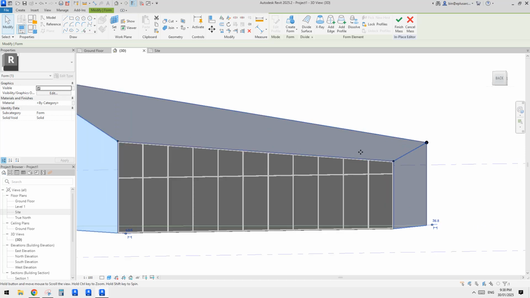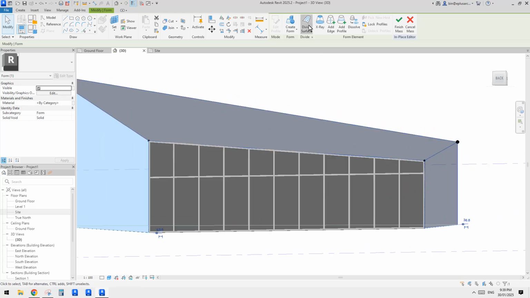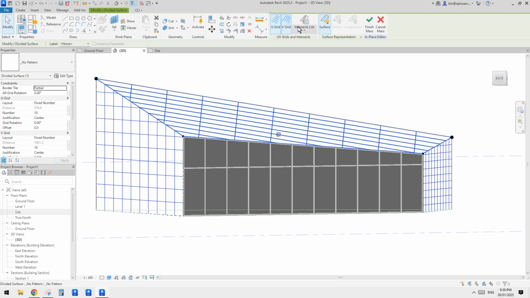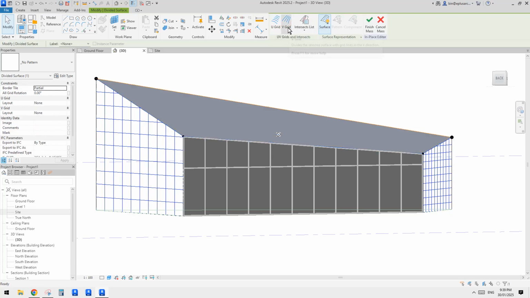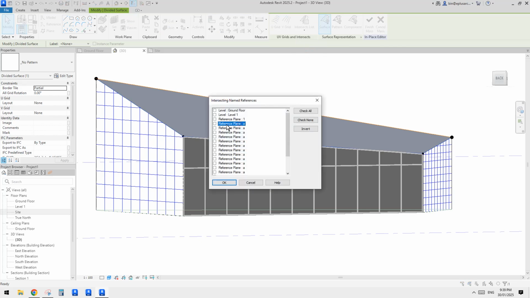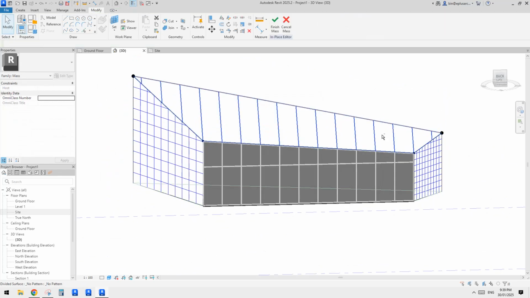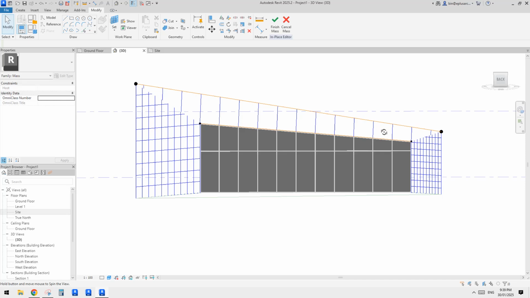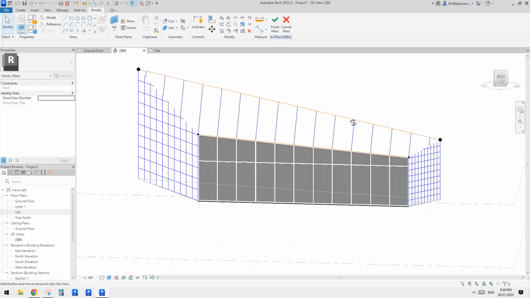Actually, we can do the divided surface altogether, so that's fine. Divided surface, and then select one of them, and untick the view and V, and go use intersects list, and pick all the reference plan A, and okay. So now we have some. So you can see some pattern that align with all the mullions,